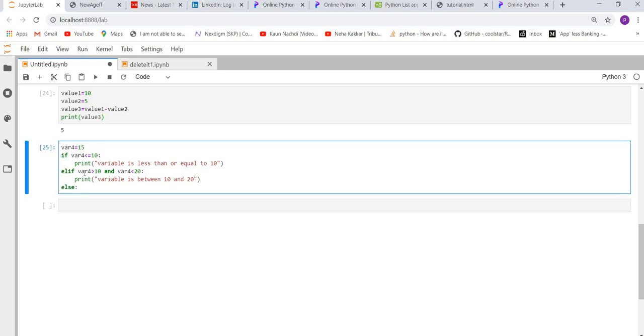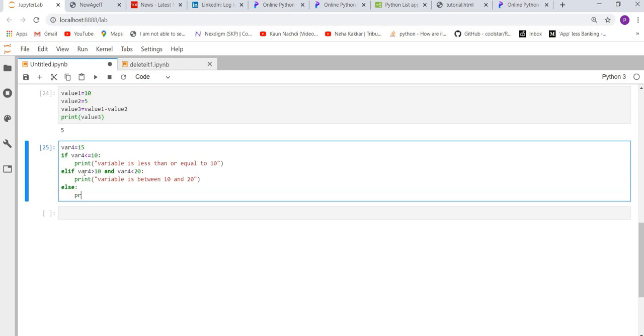Else print "variable is greater than or equal to 20".